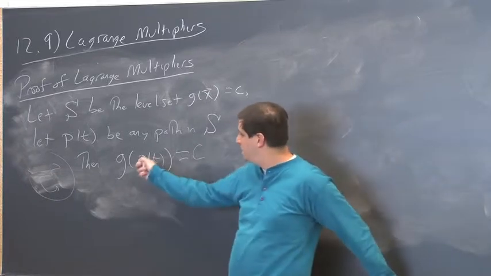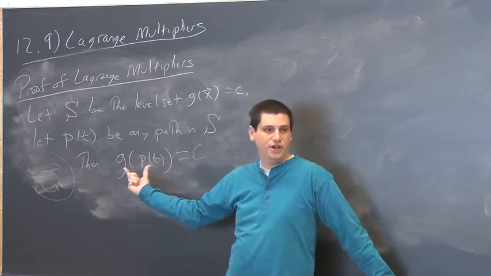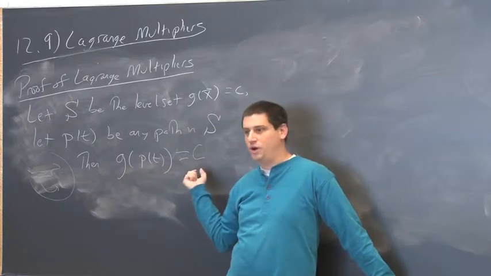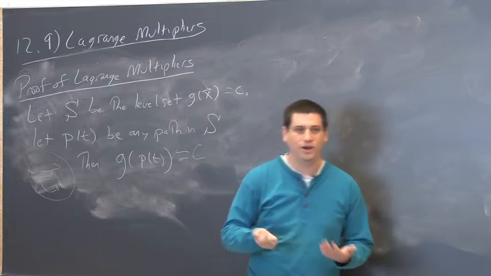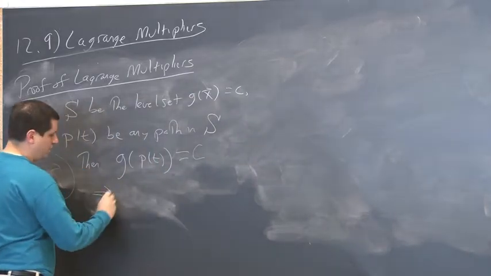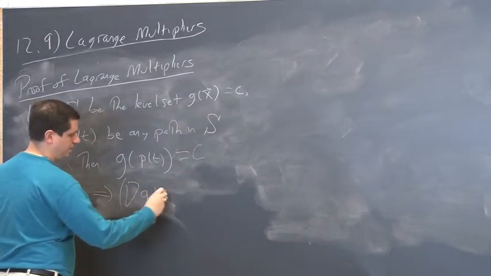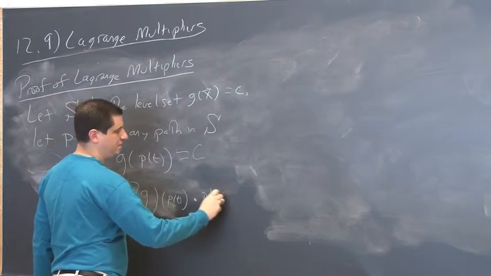So there are two ways to take the derivative of this. This is the Calc 3 side using the chain rule. This is the Calc 1 side where I ask you what's the derivative of a constant. So what's the derivative of a constant? 0. So we get the gradient of g at my point P of t dotted with P prime of t